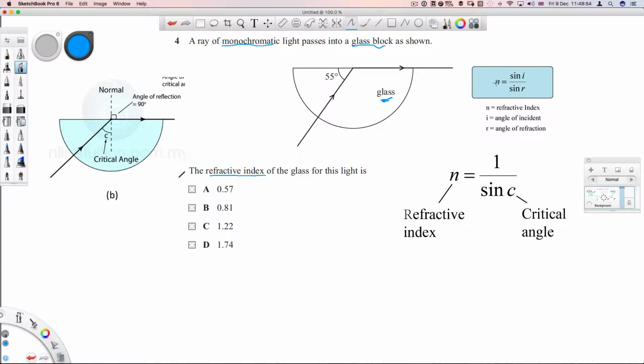Okay, to do that we use the formula refractive index n is equal to the sine of the angle of incidence divided by the sine of the angle of refraction. So in this case the angle of refraction and the angle of incidence is determined by, let's draw a line here. Gonna draw a line, and that line represents roughly the normal